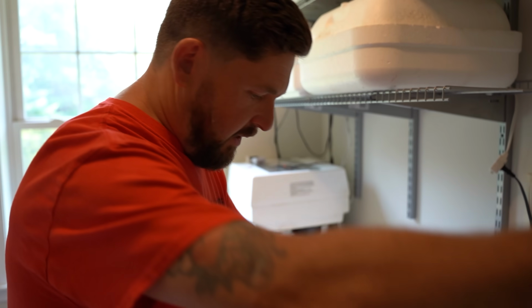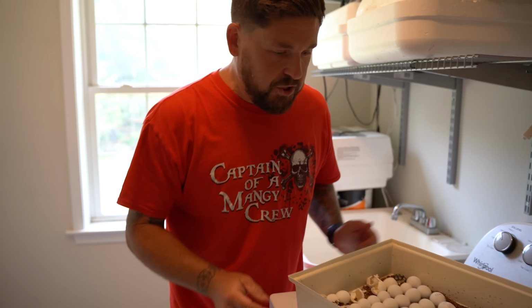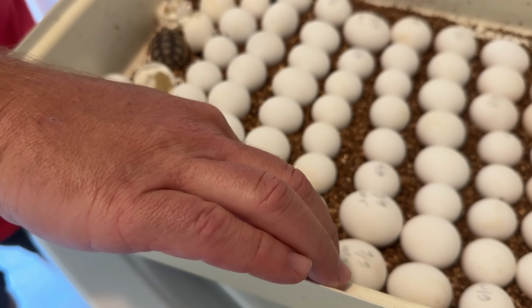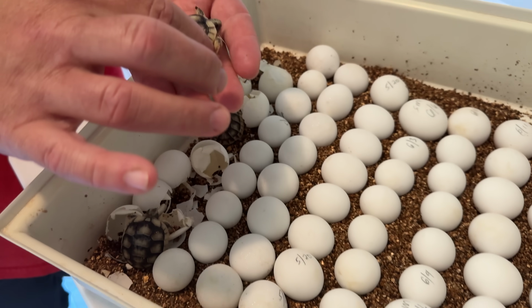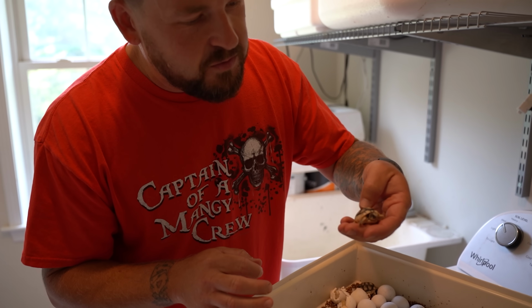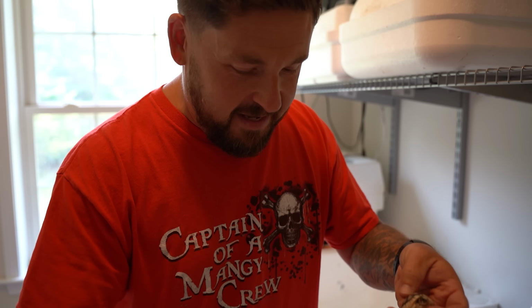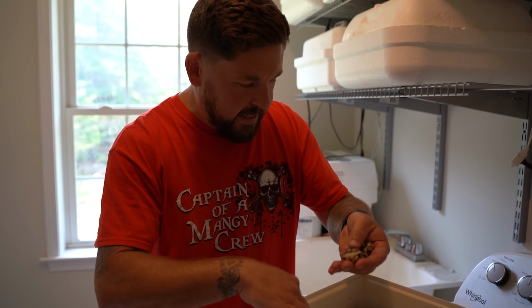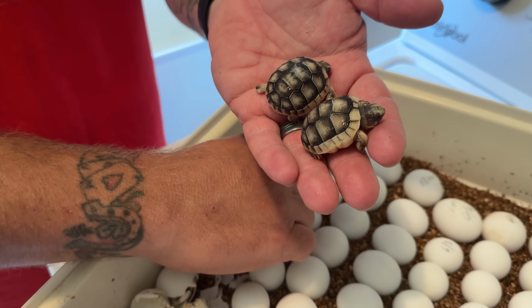Okay, check it out. We've got some fun and adorable animals to show you, because it is the beginning of the hatching season here at Garden State Tortoise for the animals that we reproduce. And we happen to have some beautiful little marginated tortoises, Testudo marginata, that are hatching. These 3 that I'm pulling out right now are ready to come out of the incubator because they are fully